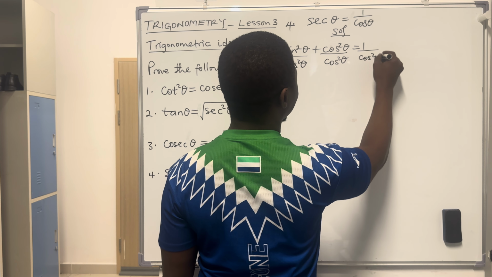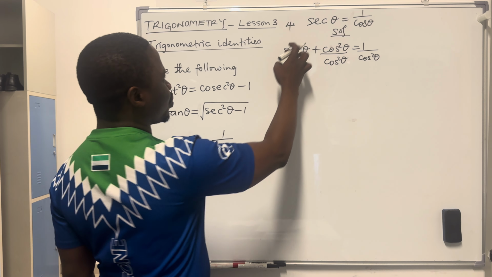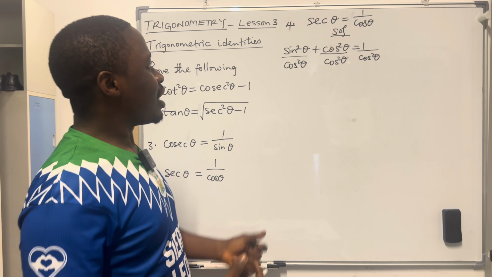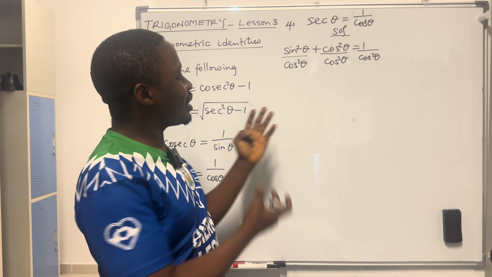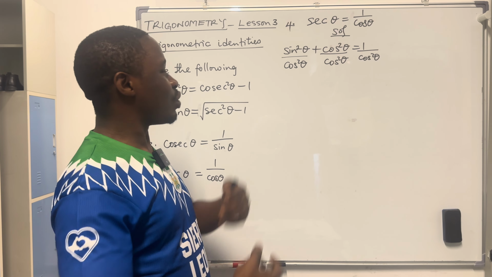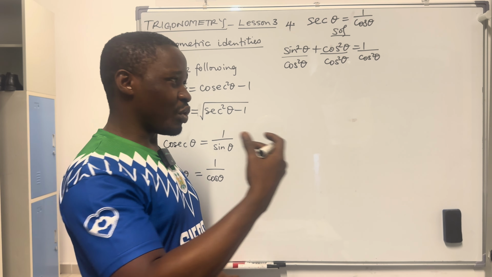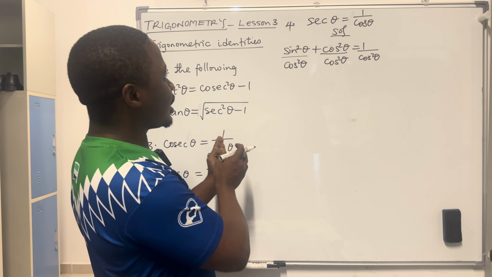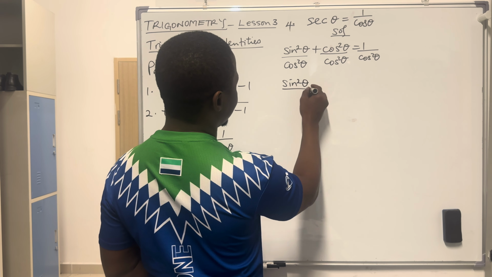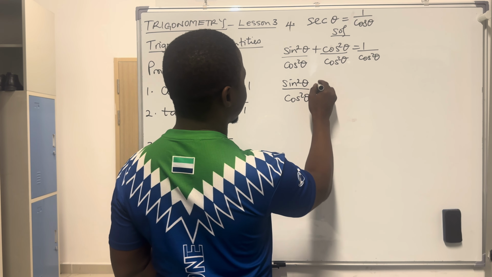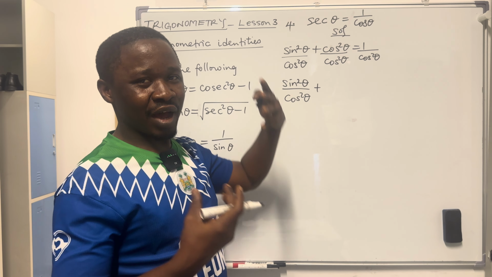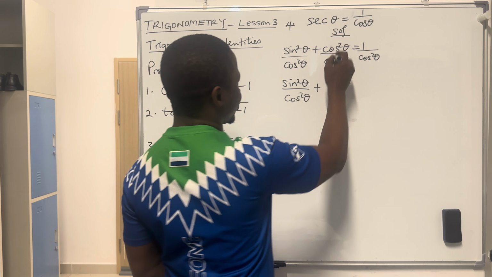and cos square theta. But what is sine over cos? Sine over cos is something else, which is tan. But in what we want to prove, there is no tan. So bringing tan is like bringing something new as a burden, which we need to later digest again. So we don't want to do all that. We maintain sine square over cos square. So we say sine square theta over cos square theta. Whenever you divide values that are exactly the same, that will give us 1